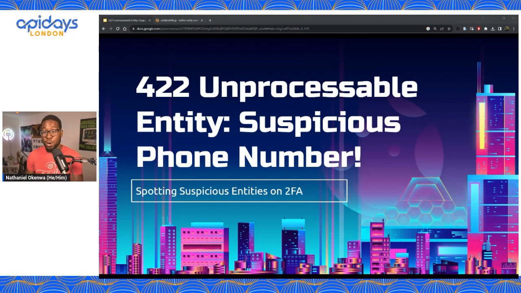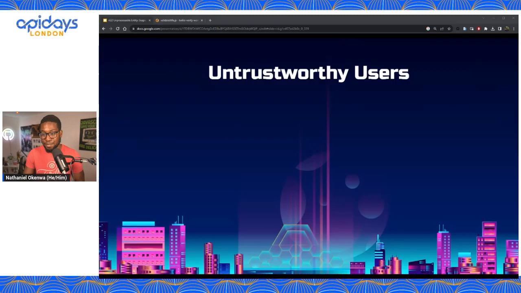So usually it's for unprocessable content or entity, and this means the server understands the request but won't complete it because of some semantical problems. And oftentimes you might return this status code when you don't trust them. Our APIs return this status code if a phone number looks maybe suspicious.